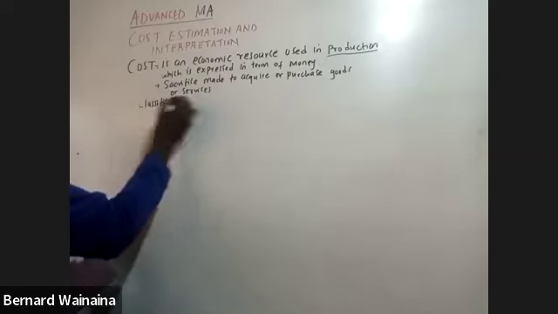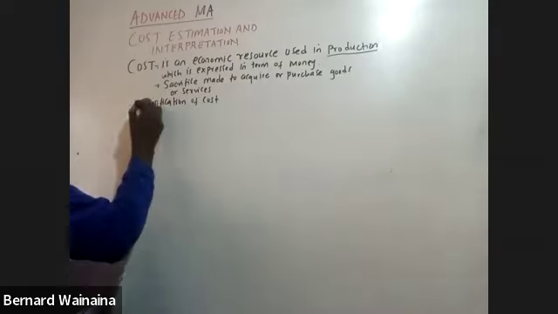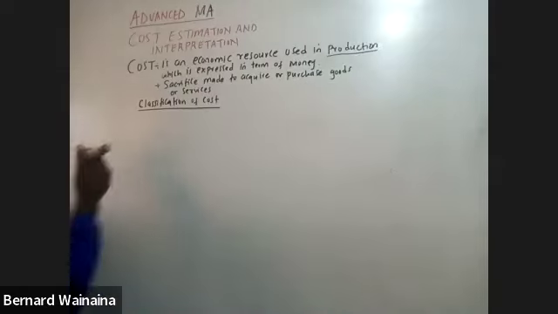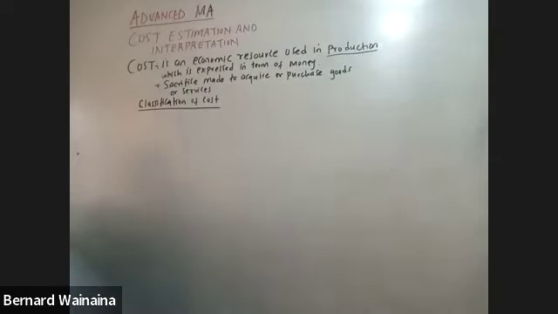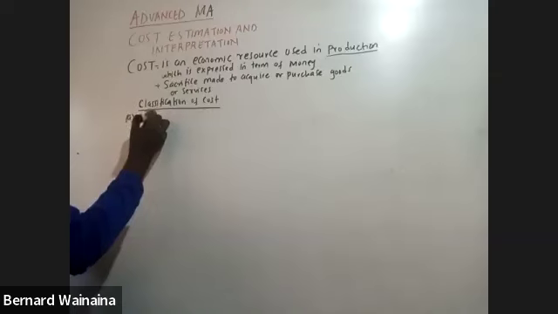We had classification according to relevance, according to availability, and so on. We had classification according to behavior, according to product. But for this purpose, we shall focus only on two classifications. Number one, classification